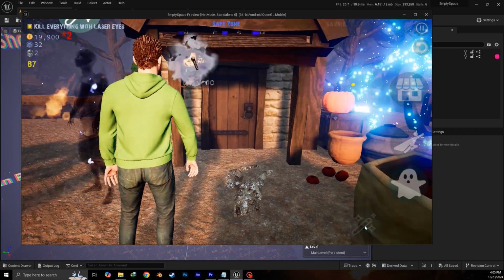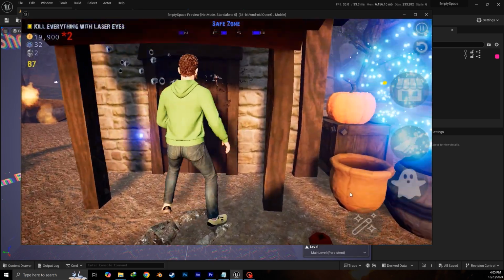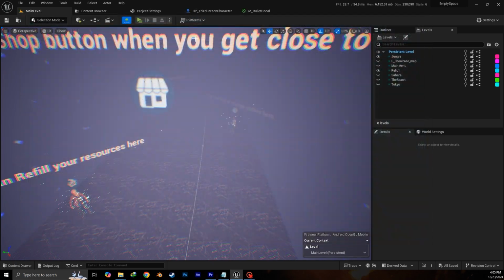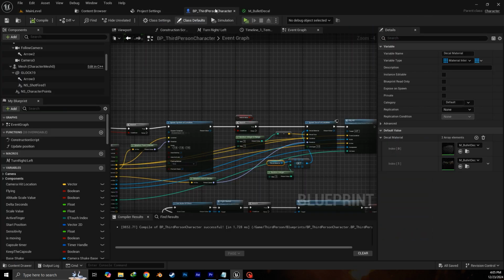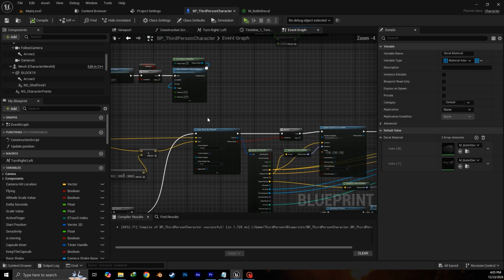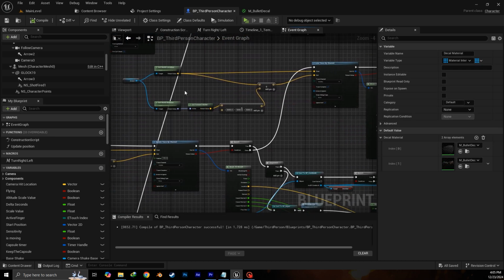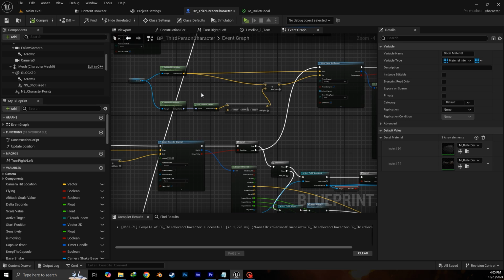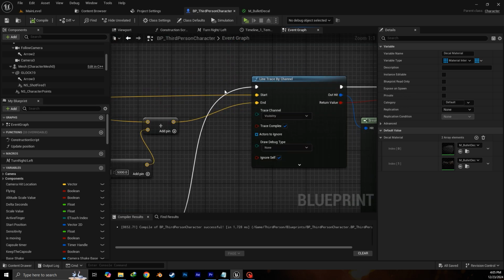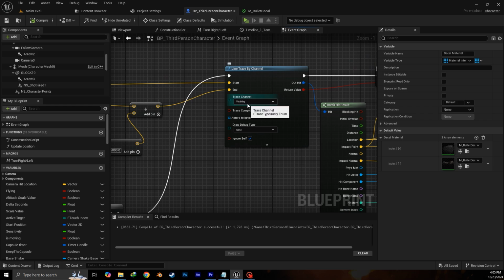Let's create bullet holes like this, random bullet holes if you want to. So you have to go into the third person character. If you're using something else, just go all the way to where you're starting your gunshots. And after you're starting your gunshot, you have to do a line trace by channel, and then trace channel is